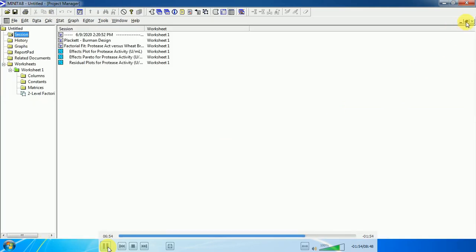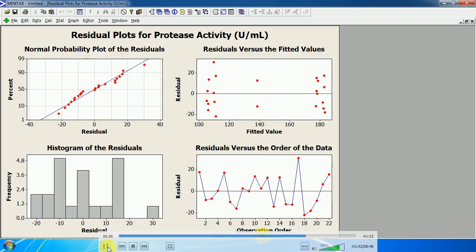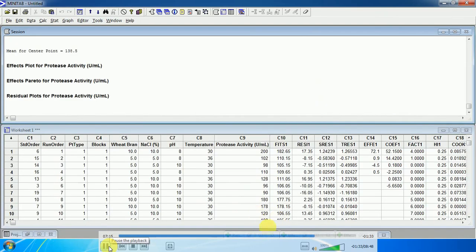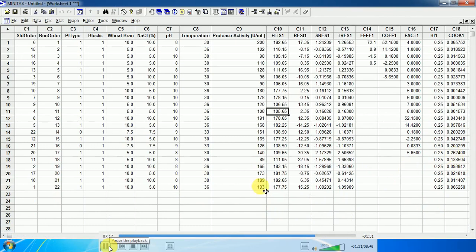Then we will see the standardized effects and normal plots for residuals, residuals versus the fitted values, then the histograms of the residuals, to see whether normal distribution of the data is there or any bias is observed. So these graphs show which type of data distribution is elucidated. Then you can see in this tabular form there are protease activity, FITS 1, FITS 2, SRE1.